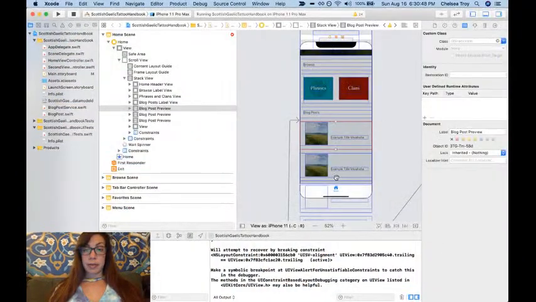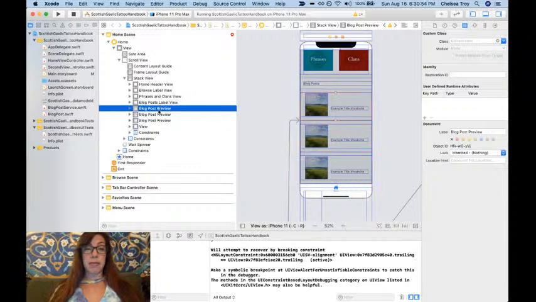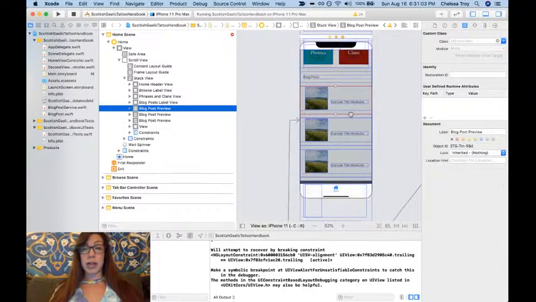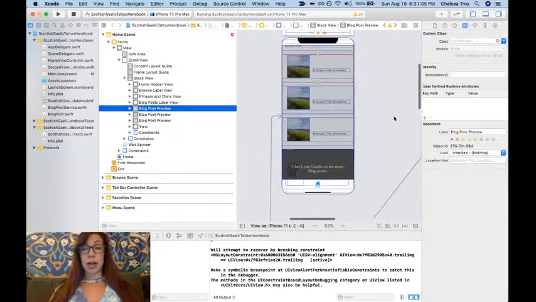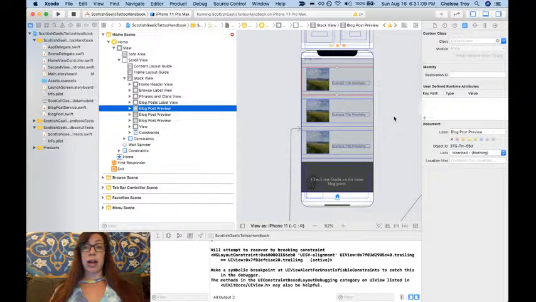Alright, today we're going to give a reusable custom view on the home screen one more shot. We've got these blog post previews that are just copied and pasted. There isn't a whole lot of advantage to making them a custom view, where we only have to define all the constraints one time, because we're only ever going to have these on this one screen. Even if we didn't, we could copy and paste it, but I'd like to try one more time to get this